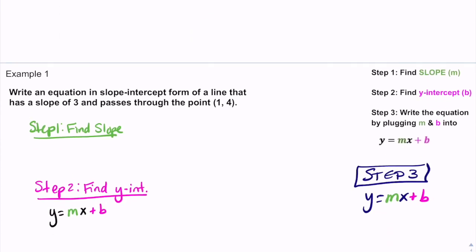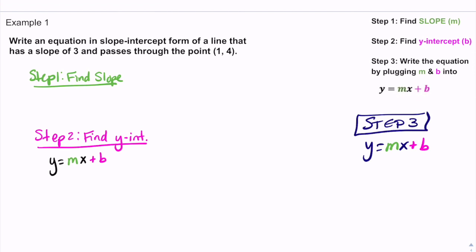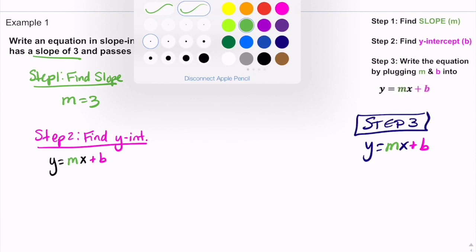All right, the next example, it says to write an equation in slope-intercept form of the line that has a slope of 3 and passes through the point (1, 4). So step 1 is to find the slope. Well, they give it to us. The slope is 3, m is equal to 3. So for step 2,